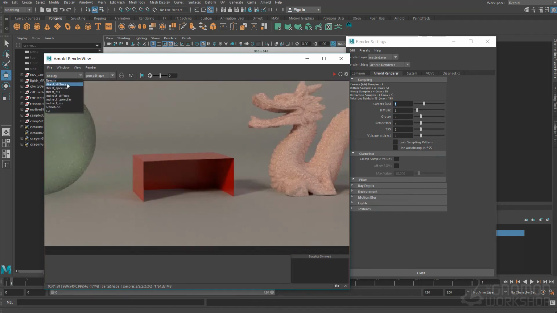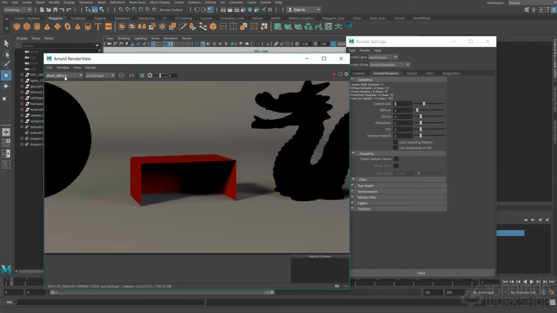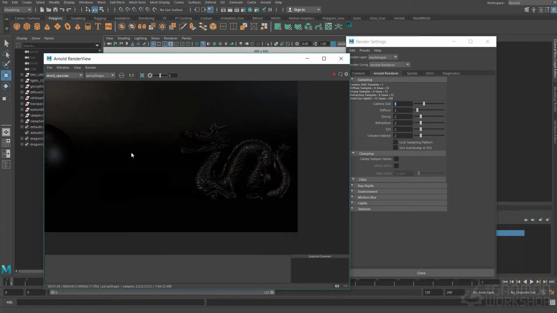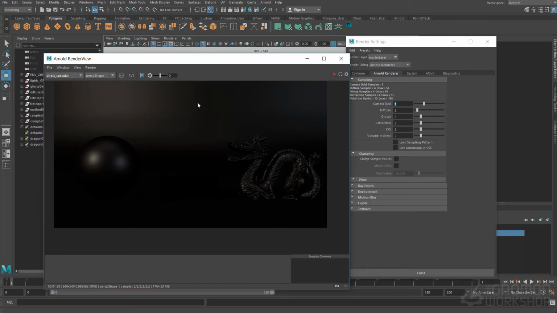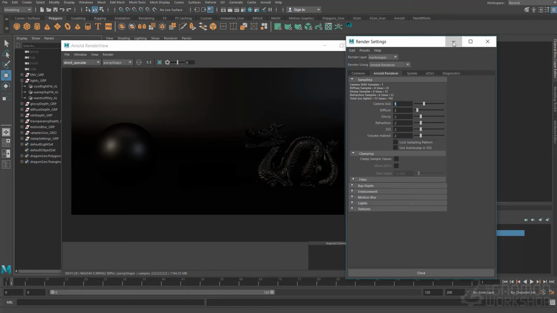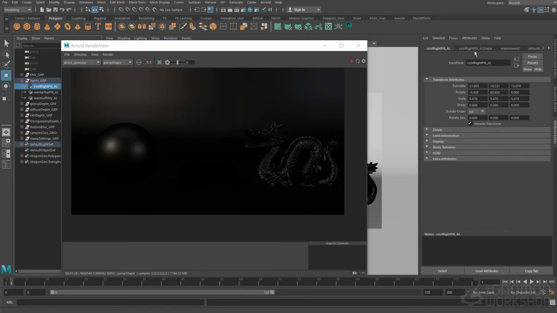Those values are actually not really controlled within these parameters here, besides the camera AA. So the main thing you're going to be able to resolve direct diffuse and direct specular with is camera AA and light samples. I'll be going over light samples a little bit in the next video, but I'm actually just going to click on some of these lights, go into their attribute editor,